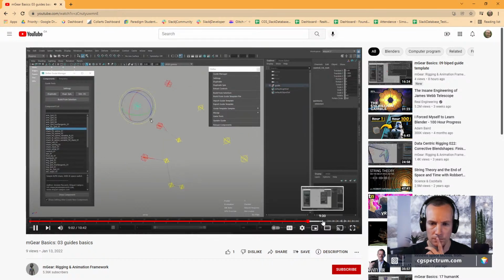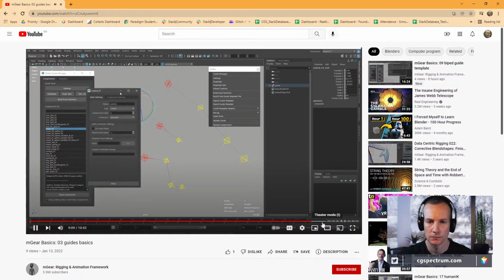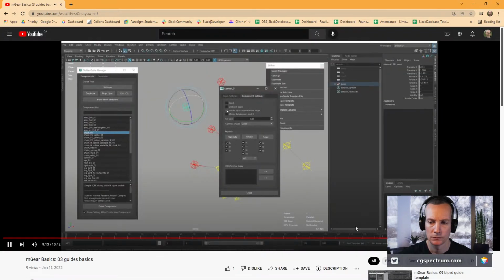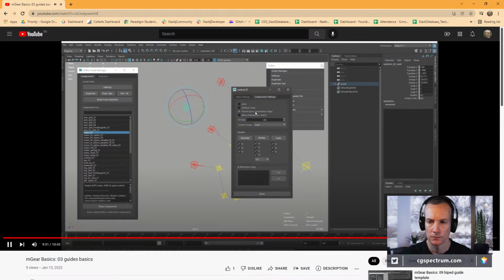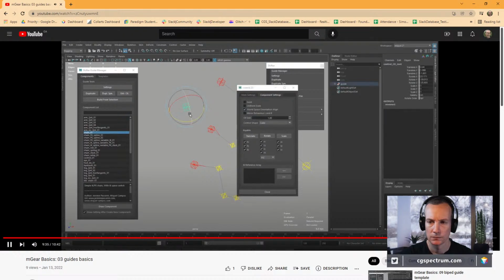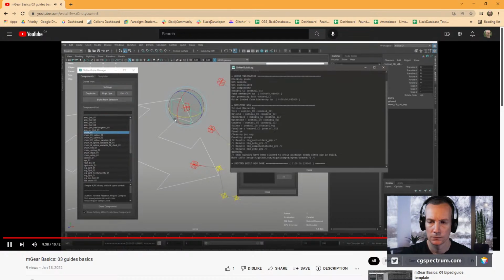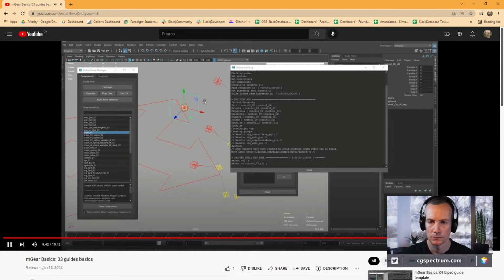Okay, so I have this one. So this one I don't have the blade. I don't have any other locator to set the orientation. But if I check the settings, I have here one that uses, say, world space oriented. We have this world space oriented. This is by default. So it doesn't matter how I place orientation. The important thing is the position. So if I build this, it doesn't matter how I rotate it. It's going to be aligned with the world space.